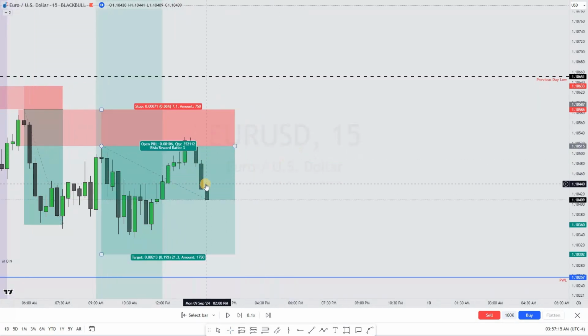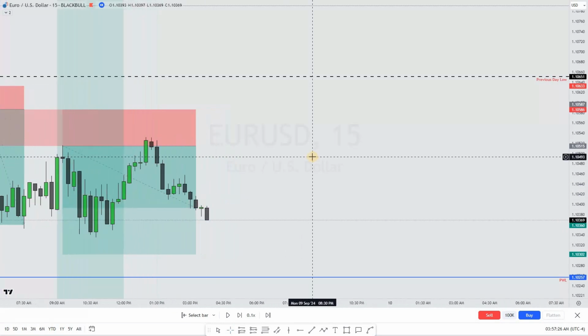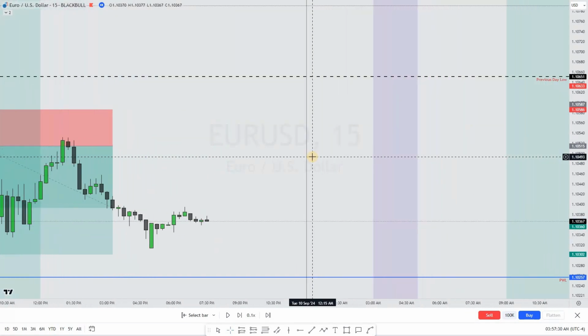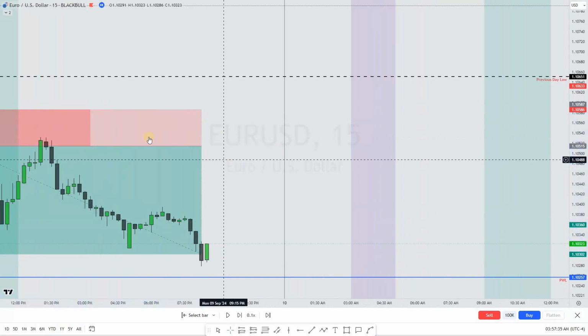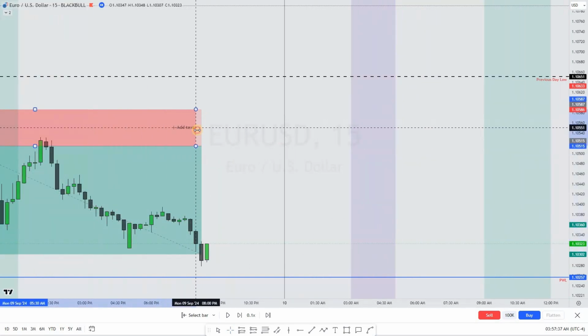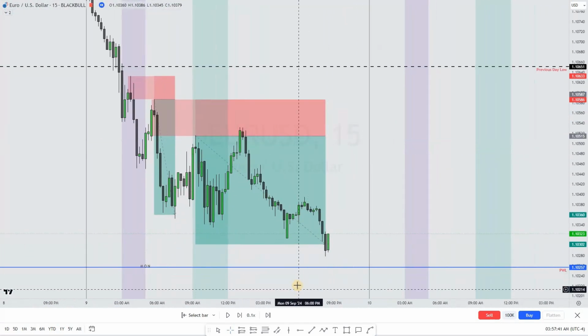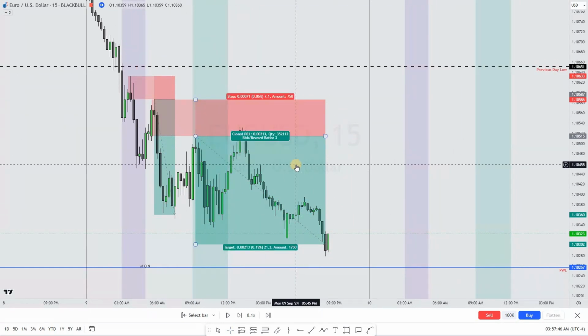After this, I don't think I was at the chart. I think I was already asleep or doing something because in East African time, this is very late. But as you can see, price continued to move, and eventually the take profit was hit. So I had two trades on Monday. One was the 4.93% and the other one was 3%.